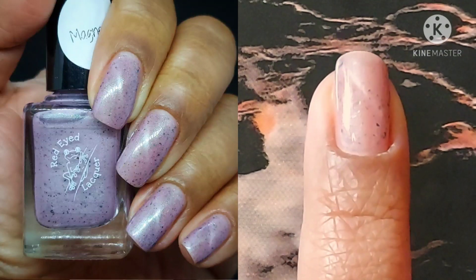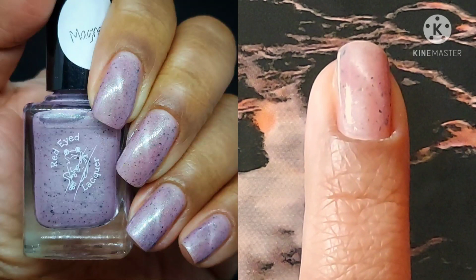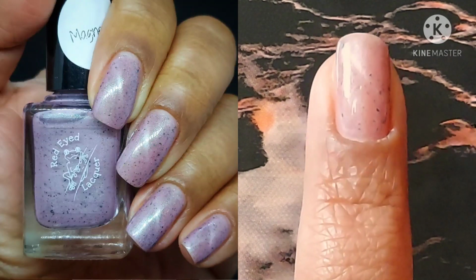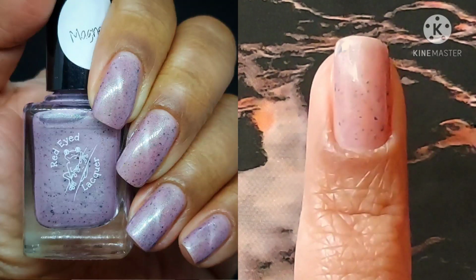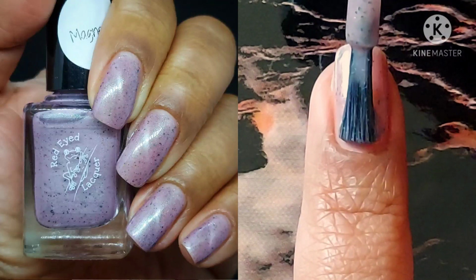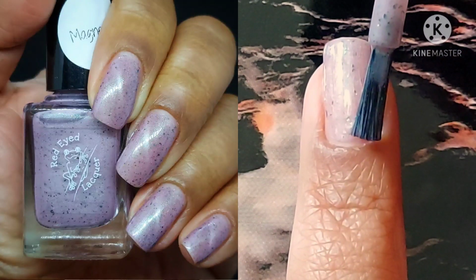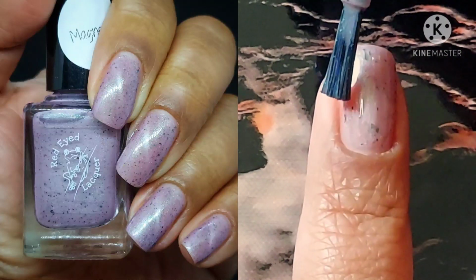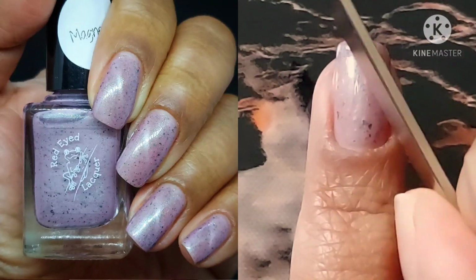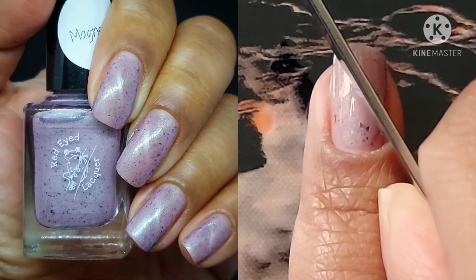It makes me happy. As for my magnet, I like to hold it over my nail for a minimum of 60 seconds, which it's not really 60 seconds. It's just me counting to 60. And sometimes I will just skip numbers. So then I'm counting to 65 because I'm doing other things and I'm not concentrating. But I do